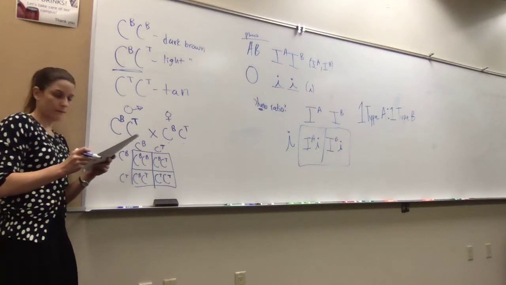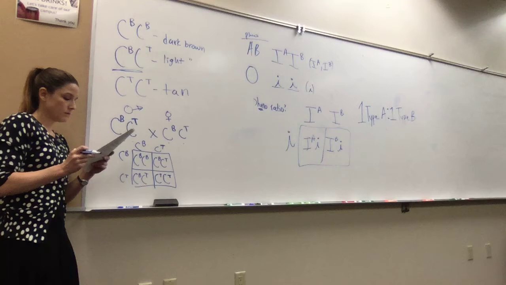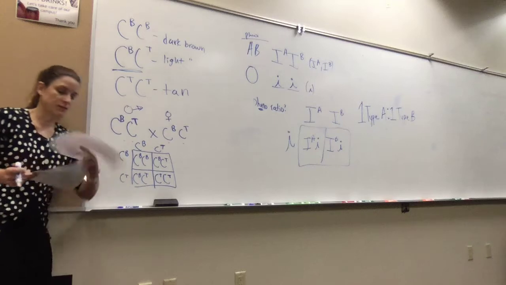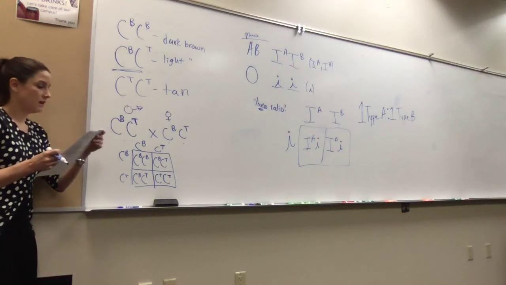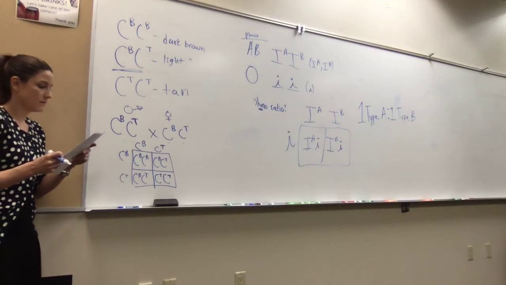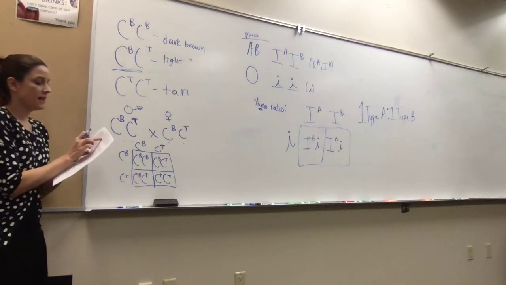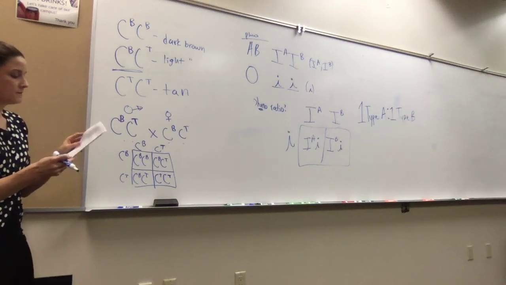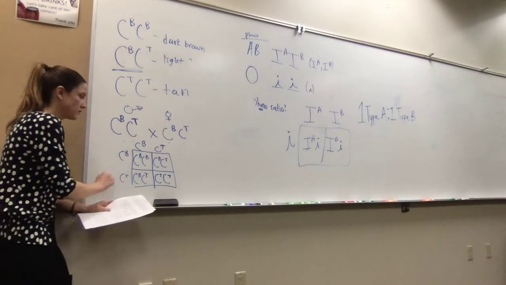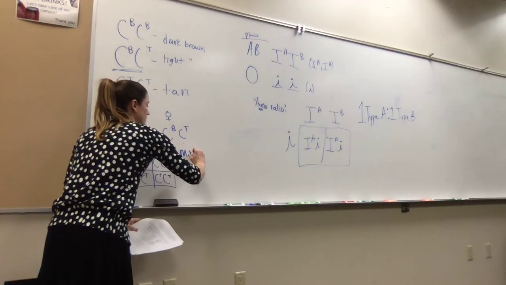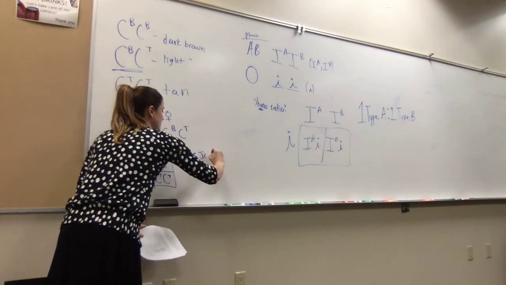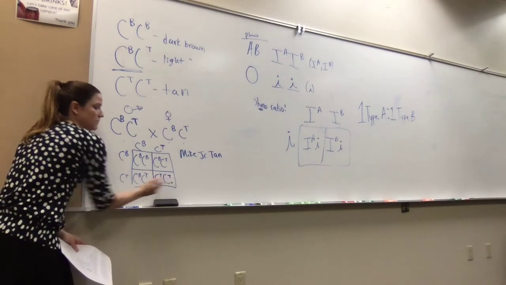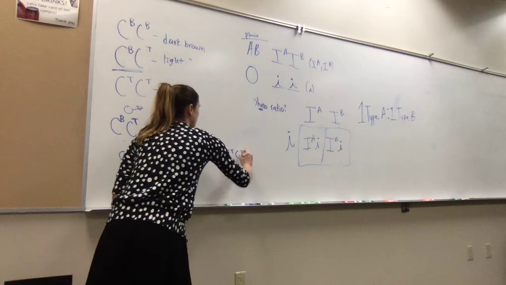But now we want to know which are Michael Jr. and Michelle. Okay, I think they tell us that on this first page here. Yes. Michael Jr. is light-skinned, and let's say that is tan, and Michelle is the dark brown. Okay? So which of these boxes is Michael Jr.? Tan. And what's the genotype for that then? CT. So that must be Michael Jr. And Michelle,